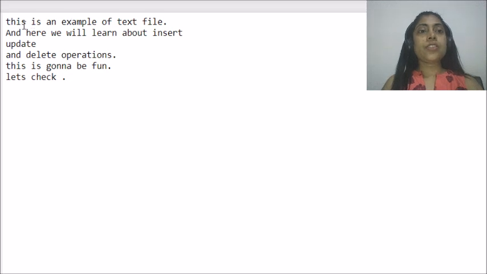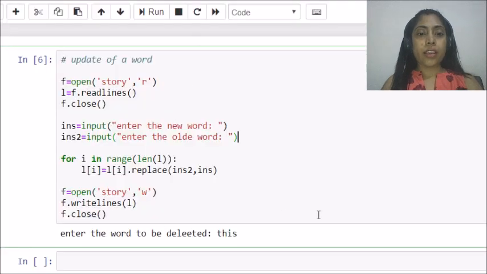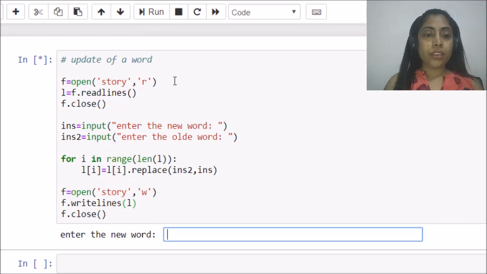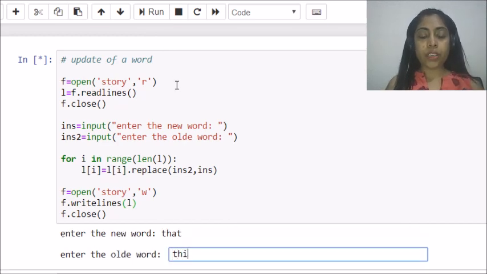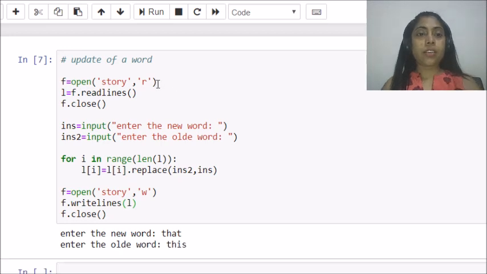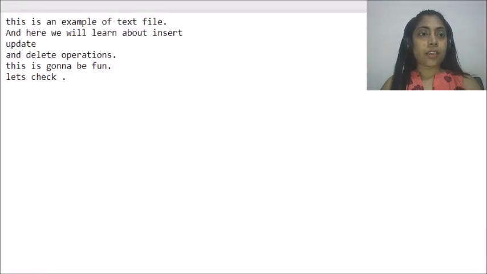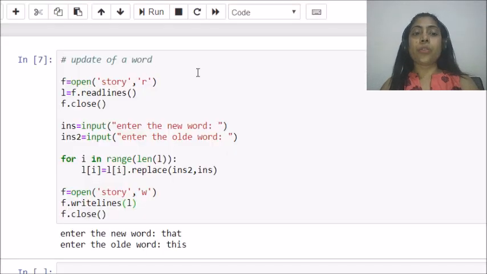So let's change all the occurrences of this by that. This is the original file with this, and here I am going to run the file. The new word which I want is that, and the old word which I want to replace is this. Now let's check the file. You can see that all "this" has been replaced by that word. So this is the updation operation.